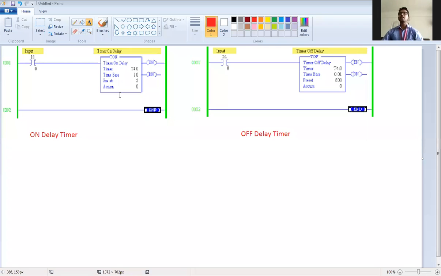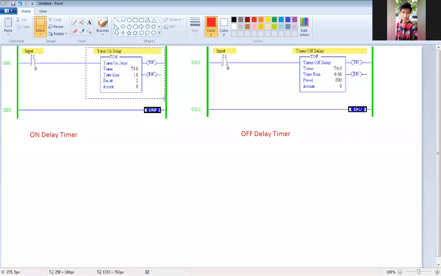See, this is the timer instruction. This part that I am highlighting is your delay instruction or timer instruction. As you can see, this timer instruction generally has four things. I have already explained how the addressing format works: first we give the file value, then a colon, then the word value, and then the bit value.